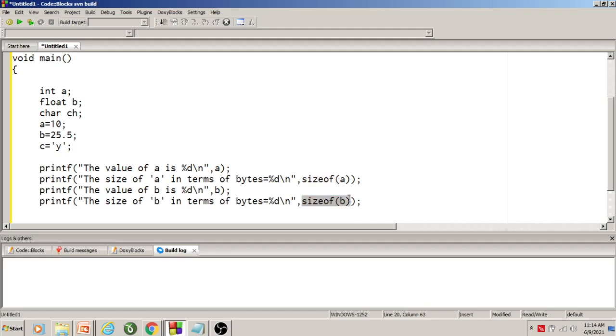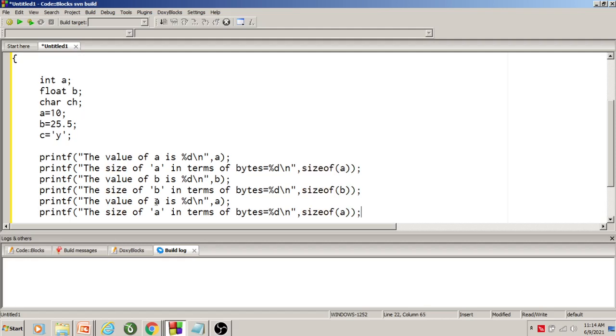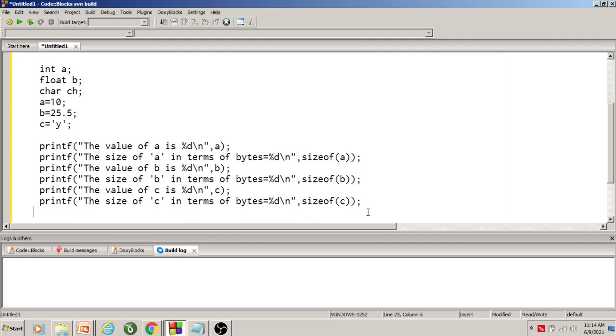Next I want to know the value stored in c, and I print the content of c, and how much memory is allocated for c, and for the size of operator I pass variable c. At last I put a closing flower bracket to end the program.